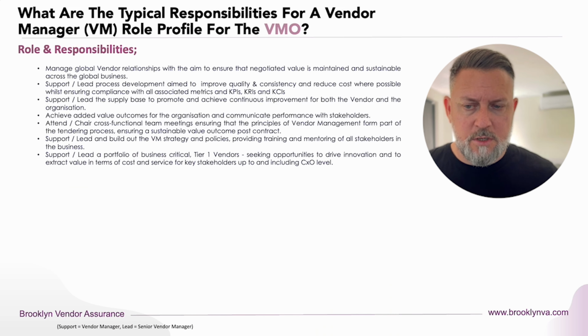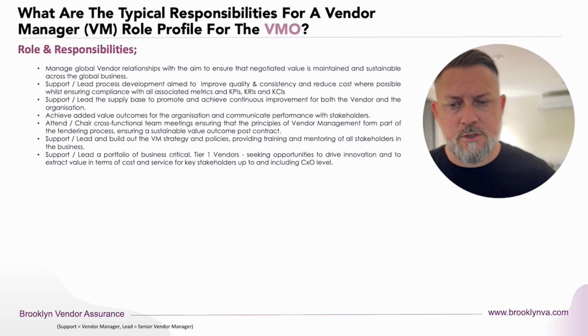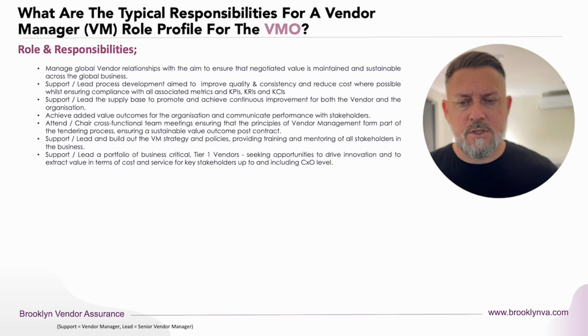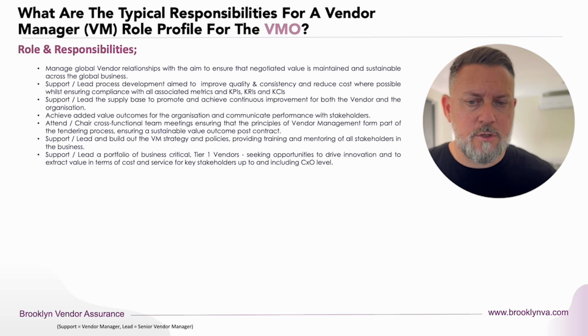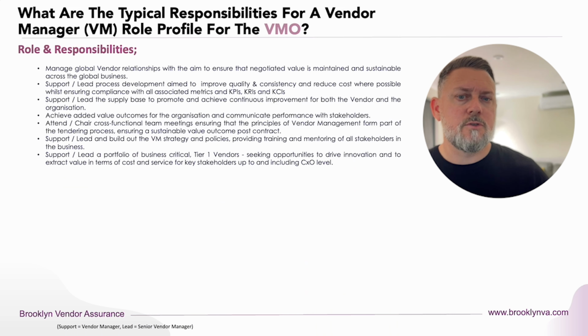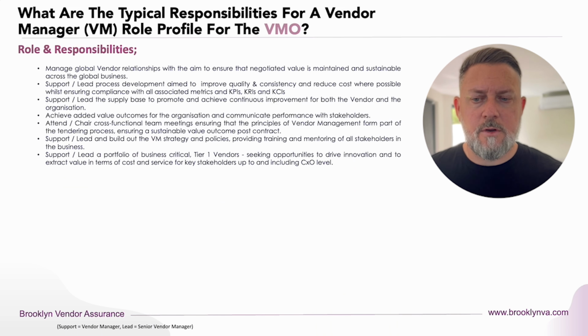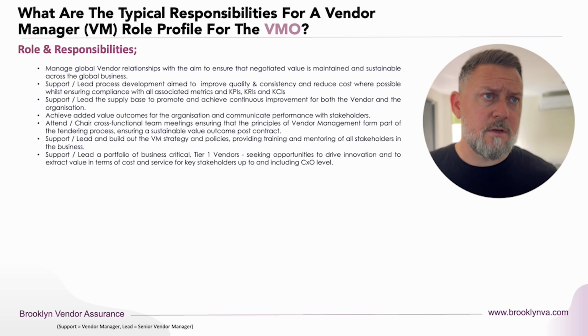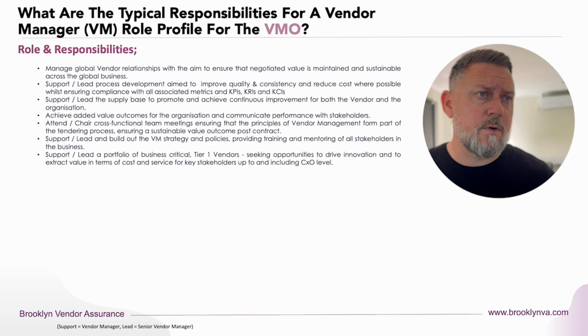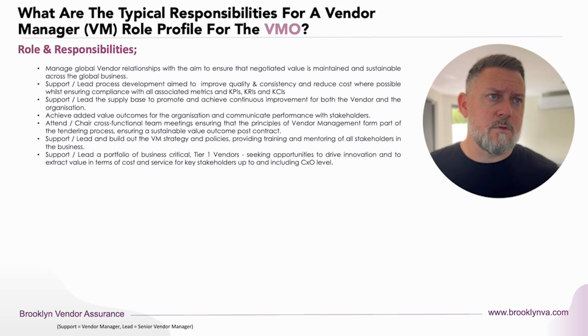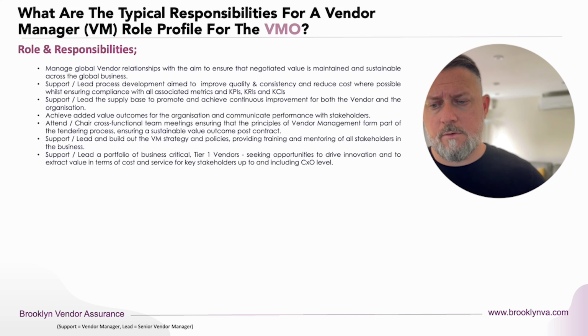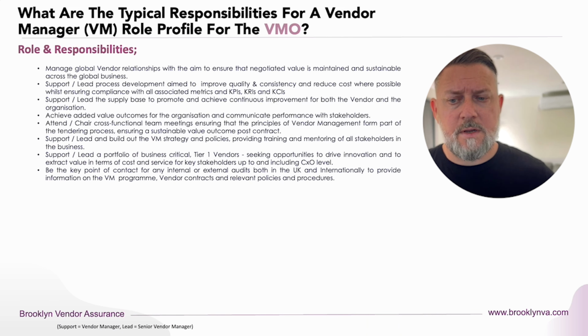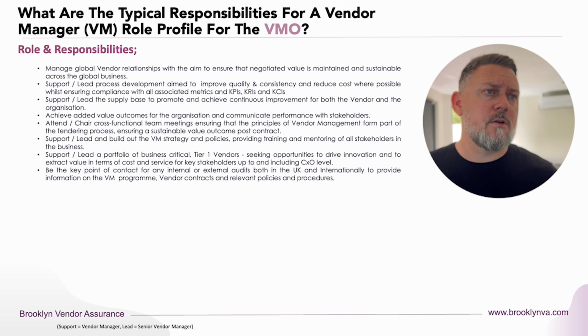Look at how you would determine the portfolio of business critical vendors and suppliers, sort of tier one vendors, where you can seek opportunity with them to drive innovation, joint account planning, etc., and where you can extract more value from the relationship. In some cases, interacting up to CXO level, so any C-level representative or sponsor that there is on the contract or the program. Be present and part of any audit that's taking place, be it internal or external,